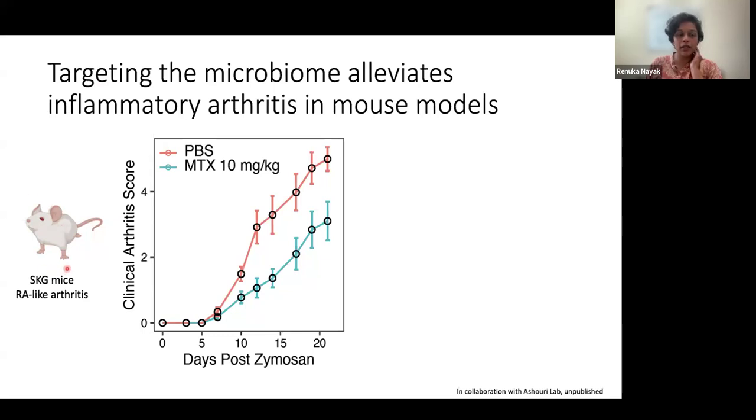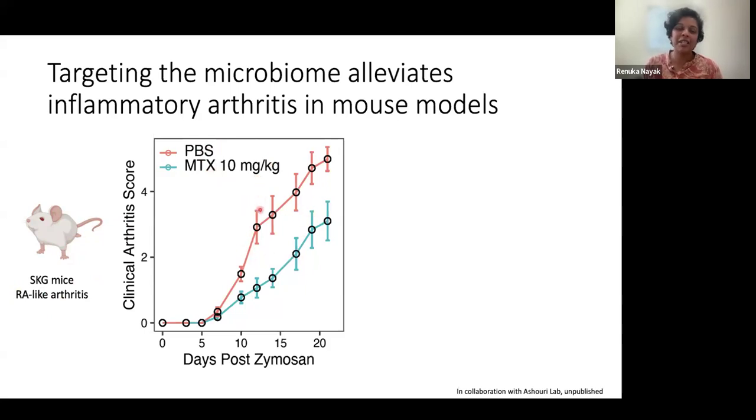Here we're now starting to look at arthritis models. In all the previous mouse experiments I showed you, there was no arthritis, so the effects we were seeing were really due to the drug and not due to the disease. Now we're starting to look at disease models. The one we chose was an SKG mouse model of arthritis because the SKG model has a couple of favorable properties. It's known to be dependent on the microbiome, and it's also responsive to methotrexate. And we confirmed in our hands that if you take SKG mice that have RA-like arthritis and treat them with methotrexate, it tends to alleviate their disease.